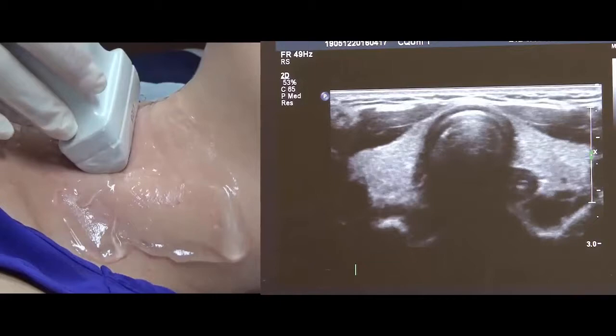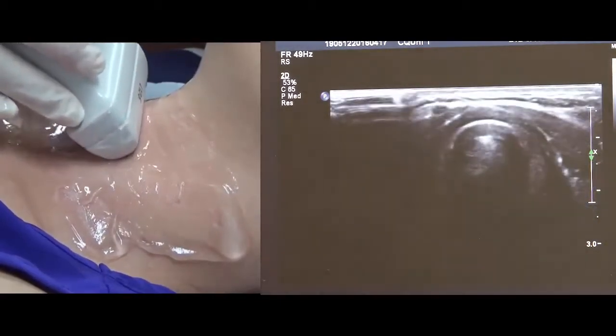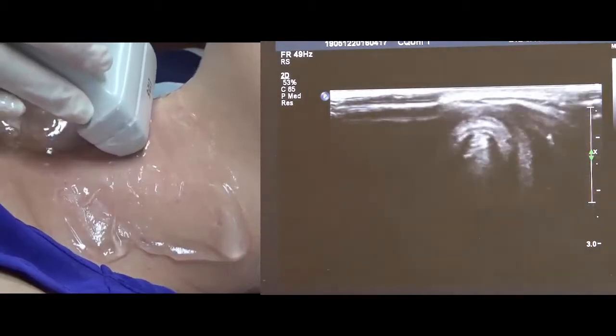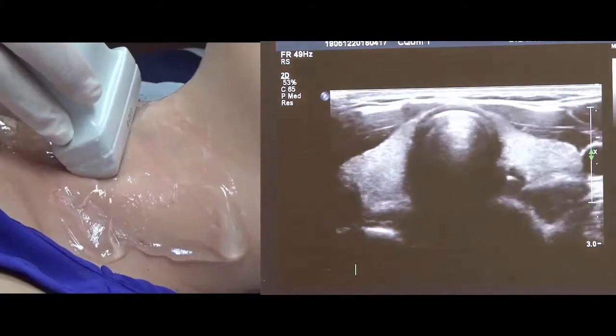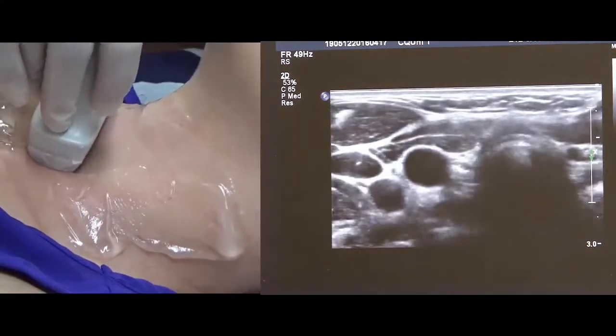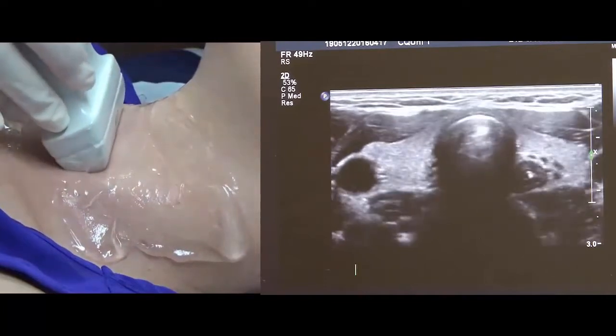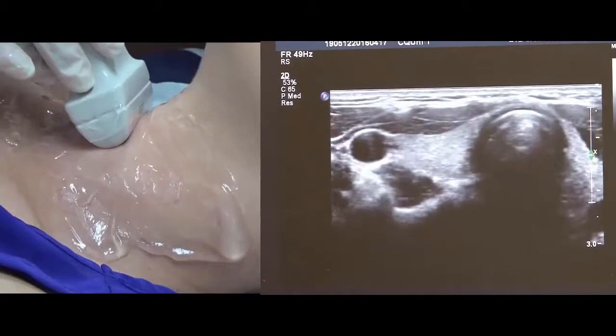So second sweep, back to midline, all the way through. This time I'm looking at the content, coming all the way up into that submental region. I say it's a little bit like a church steeple. Coming back, trying to keep it all on the screen. And it's just a general overview. Then I'm going to come across to the right-hand side,